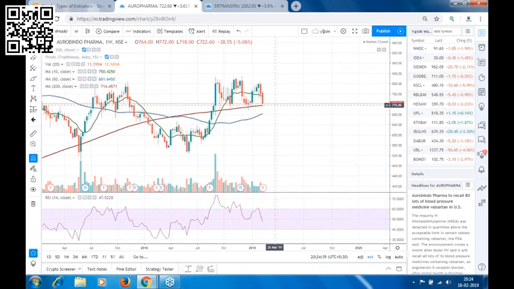As I told you, any support or resistance in a higher time frame is a very strong support or resistance. The reason why we check all these time frames is that whenever we take an entry in any stock, we don't want any hurdle. So if you are taking a long entry, then we don't want any major hurdle on top of our entry point. Similarly, if you are going short in any stock, then we don't want any barrier on the lower side, so that we can get a good movement in the stock.